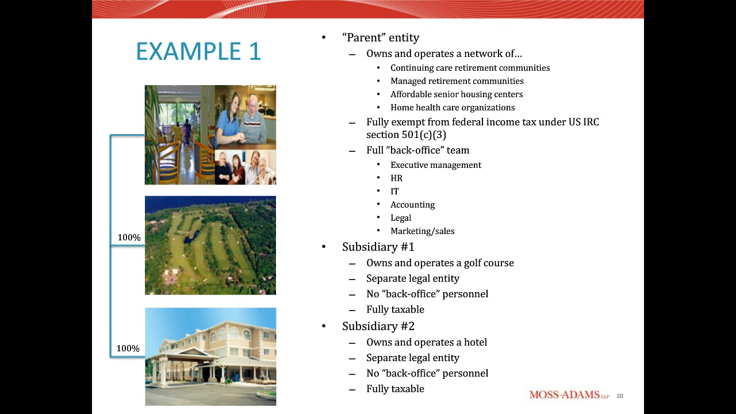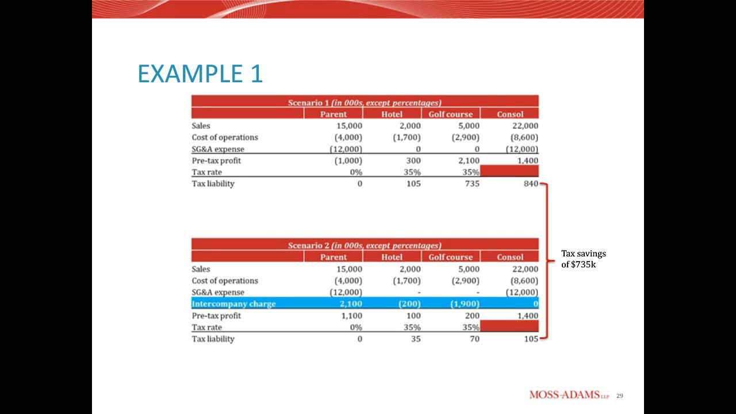Absolutely. So for the first example, if we assume the same facts, but instead they are not separate legal entities, and the unrelated activities, the golf course and the hotel, are just ancillary to the organization, if we look at this slide and show the example on top, before transfer pricing, the only profit that was being generated was from unrelated activities. This means that the only profit is substantial, and this can cause the loss of the tax-exempt status of the organization